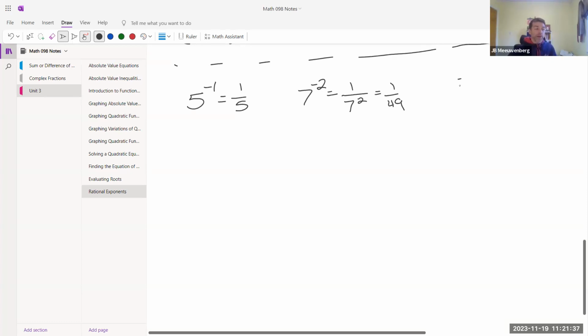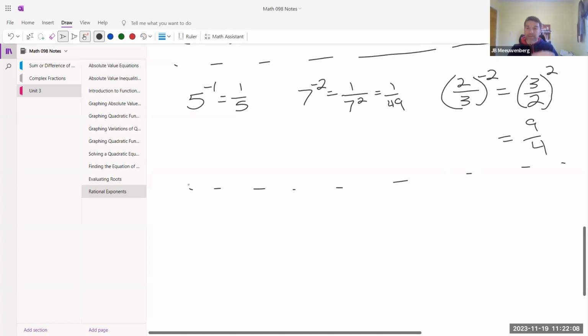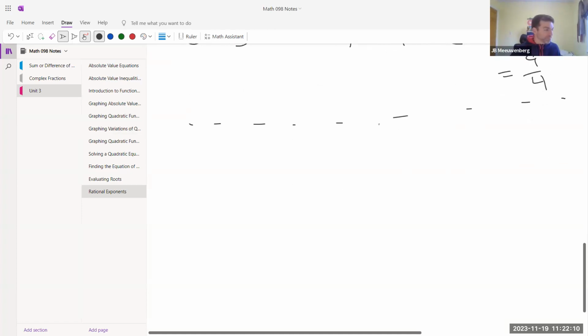One thing you may not remember is that if you have a fraction with a negative exponent around it like that, what happens there? Well, the easiest thing to do here is take your fraction and just flip the entire thing around. Take the reciprocal of that fraction. When you do that, your exponent on the outside becomes positive. We are then left with 9/4. So this idea is going to come into play also when we have negative fractional exponents. So let's see this one. Let's do